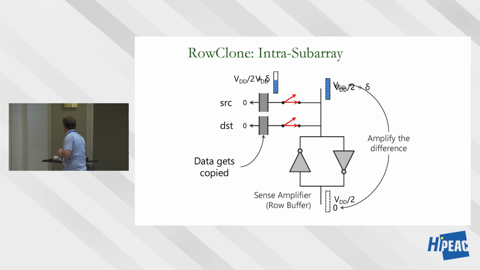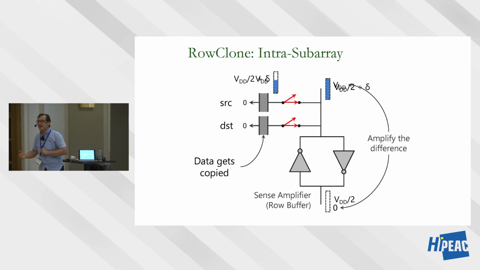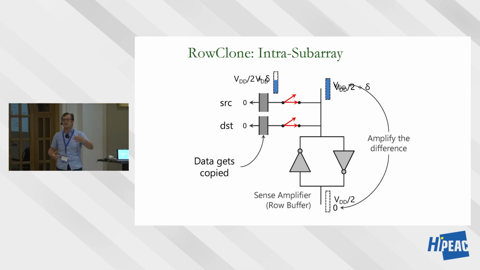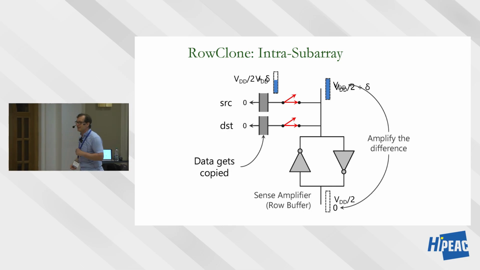Now if you activate the destination row at this point in time, by deactivating the source row, the destination row gets connected to the bit line that's already at VDD, and the bit line drives its charge, because charge flows from the higher voltage to the lower voltage, and the capacitor gets charged. Now you copied the source value to the destination value, and you can convince yourself that this happens the same way. If the source was 0, the destination will become 0 in the end. So this is an analog operation in DRAM.